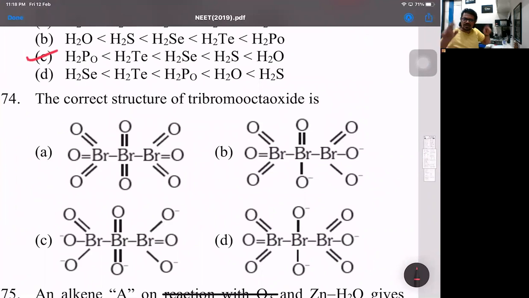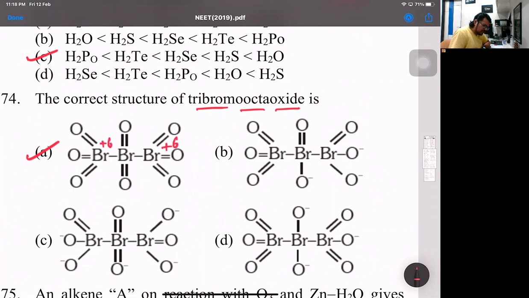Yes. Okay. Then the 74th, if you see the question, I hope people would have understood. This was in redox reactions, what they have given. That is fractional oxidation state. Example, tribromo octa oxide over there. And that compound is nothing but A over there. Where these Br, if you observe, this oxidation state is +6. This side Br is also +6.